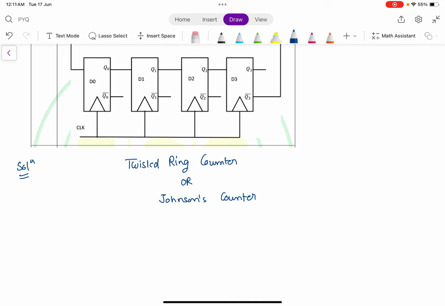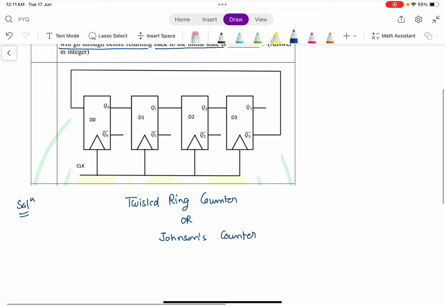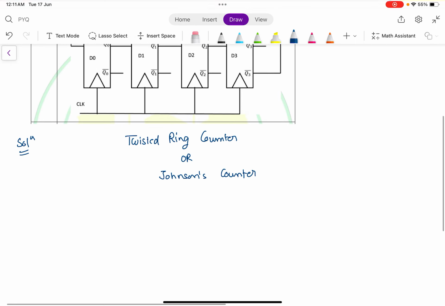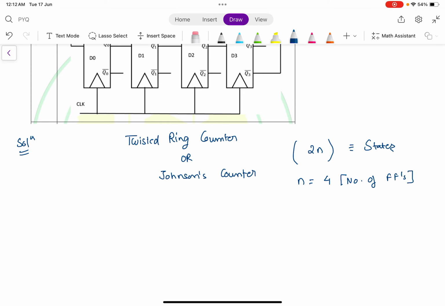Even if you don't know the number of states depending upon the number of flip-flops, I will write here it is 2n, but I will verify this. So if n is 4, where n is the number of flip-flops, your total states